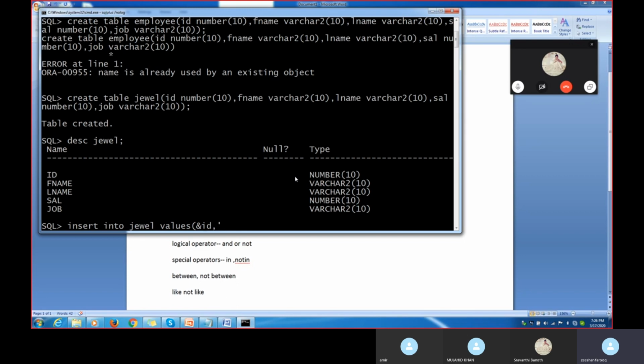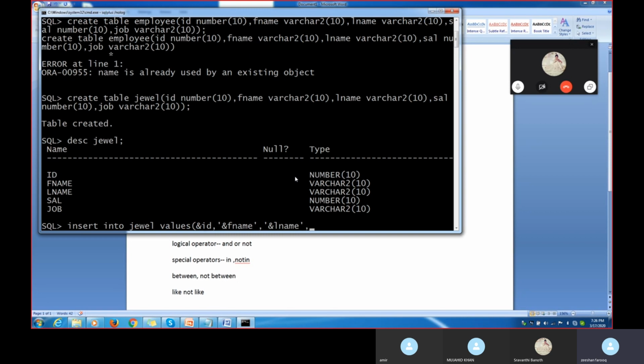I'm putting here ampersand, and I'm showing here F name, FNAME. Again the comma I'm putting, and again I'm putting like this, L name. L name is also a character, so I'm putting it like this. Sorry, I forgot putting ampersand. Let's put ampersand here. Then I'm putting here comma.